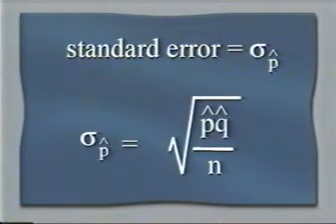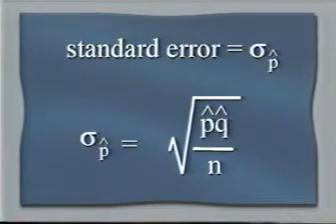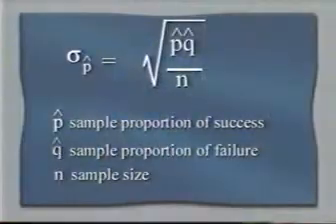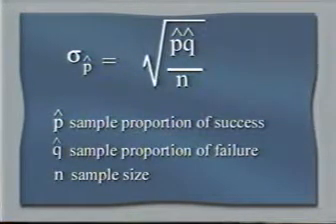And you might notice, if you remembered what that formula was from the previous lecture, this looks just a little different. This has the square root of p hat q hat over n. In the hypothesis test, we had the square root of pq over n. Remember, we have no p, and therefore we have no q. That is what we're attempting to estimate. All we have is the sample proportion of success, p hat, 1 minus that, or the sample proportion of failure, q hat, and of course our sample size, n.